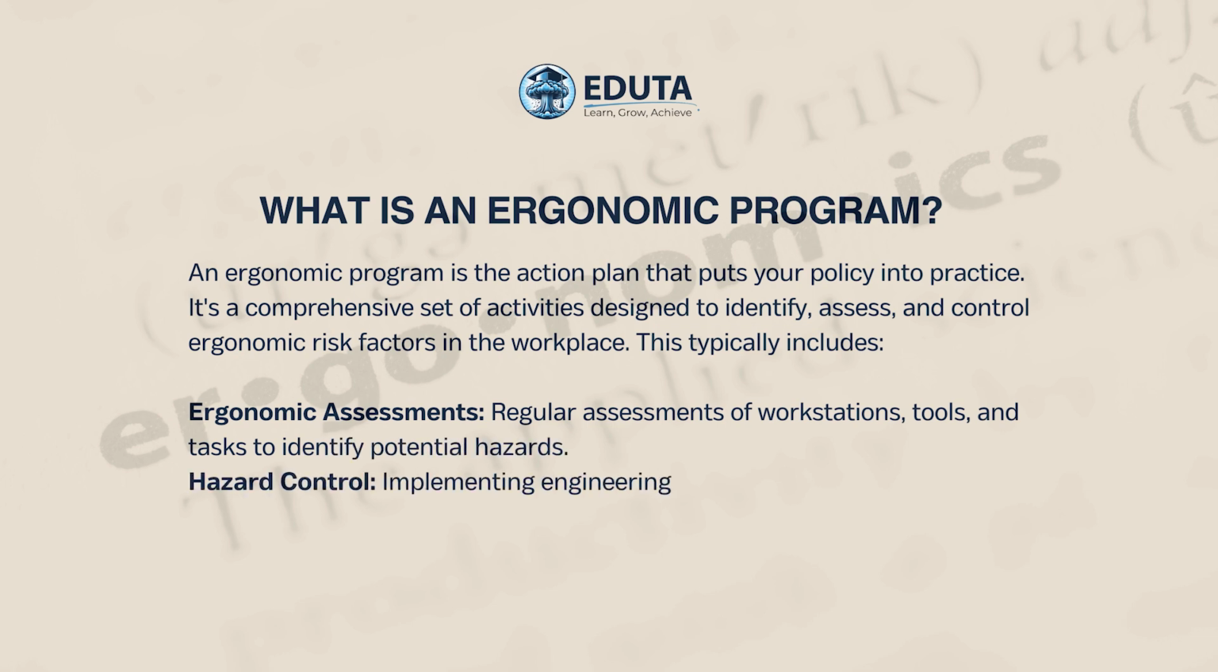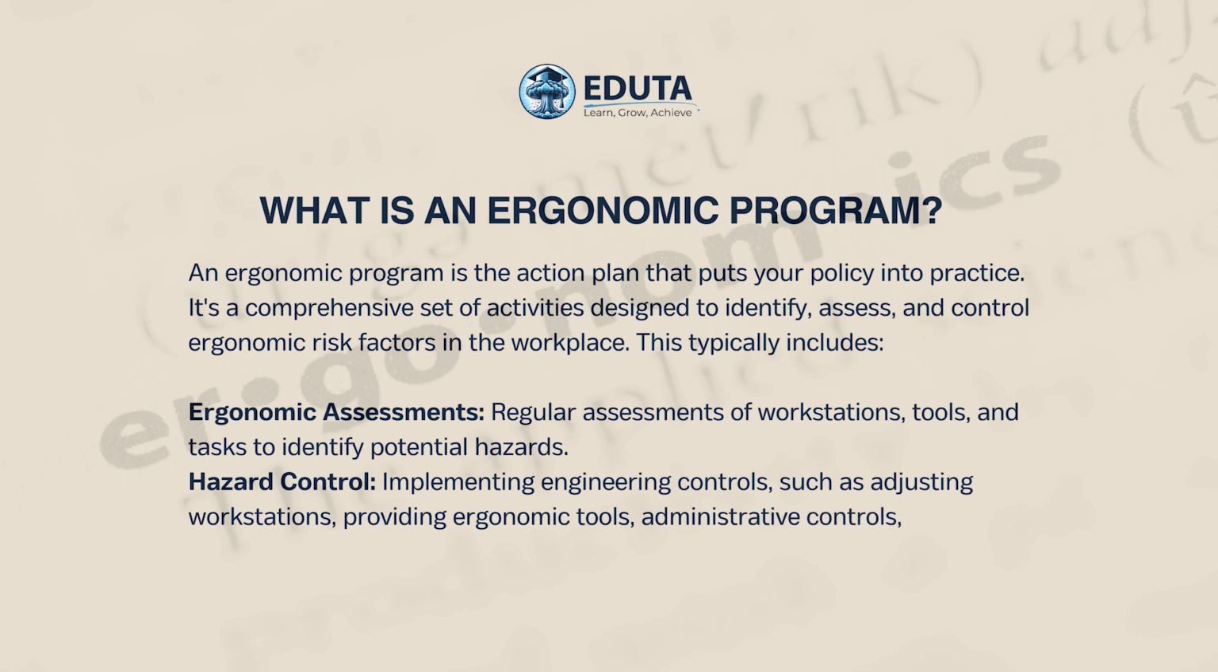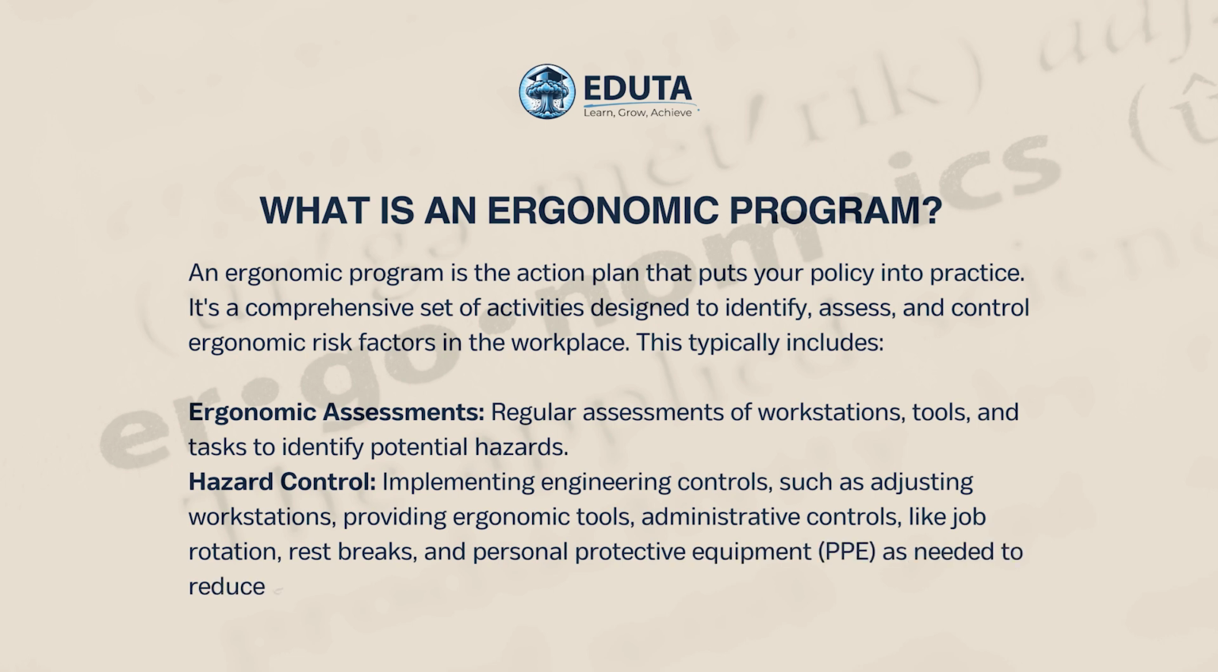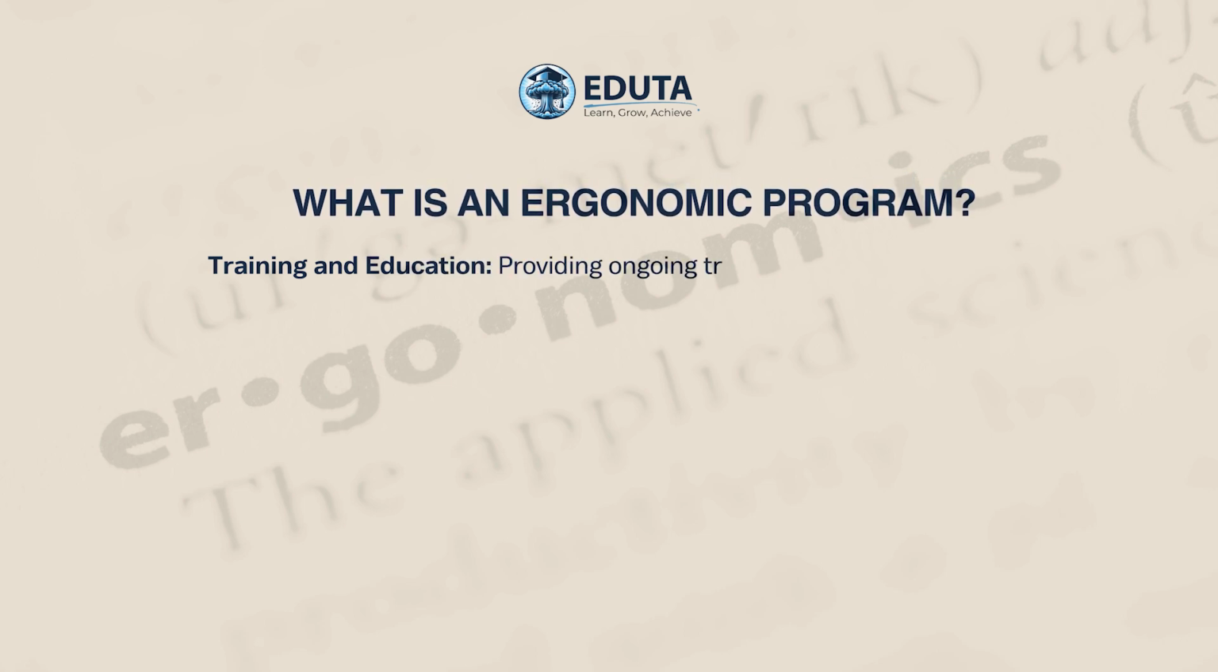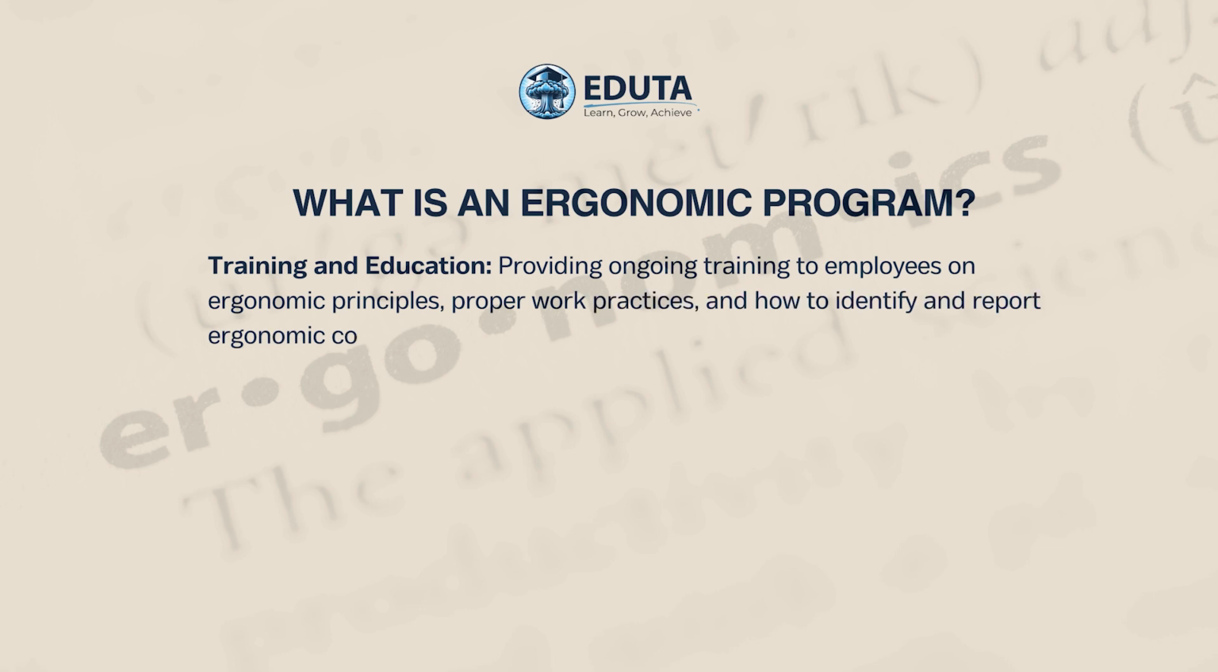Hazard controls, implementing engineering controls such as adjusting workstations, providing ergonomic tools, administrative controls like job rotation, rest breaks, and personal protective equipment as needed to reduce ergonomic risks. Training and education, providing ongoing training to employees on ergonomic principles, proper work practices, and how to identify and report